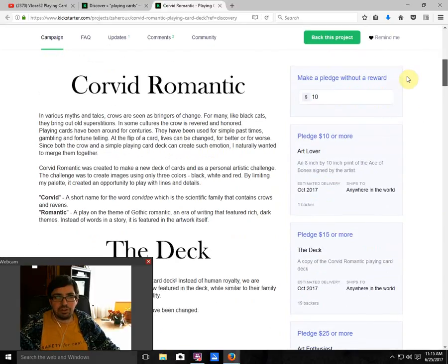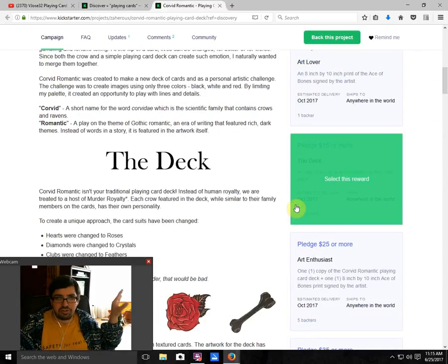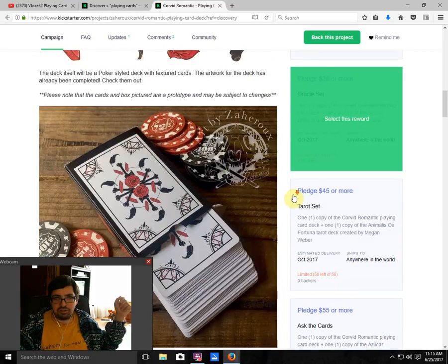What the name represents: Corvid is a short name for the word Corvidae, which is a scientific family that contains crows and ravens, which you can see the court cards are all themed on. And then Romantic, well, obviously, it's a play on the theme of the Gothic romantic, an era of writing that featured Gothic themes. Instead of words in the story, it's featured in the art of the deck itself, so it kind of tells you a story. But